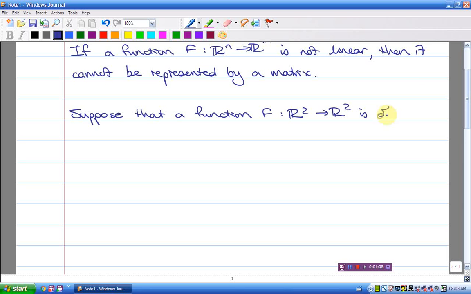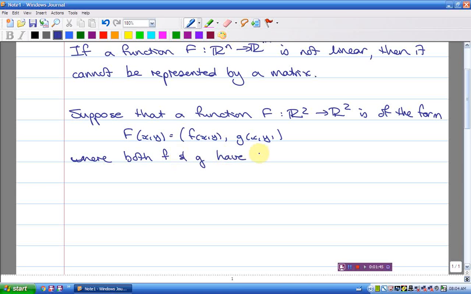It is of the form big F of x, y. So here we have our function. The components of big F are component functions, where our input is a two-dimensional vector and our output also will be, where both little f and little g have Taylor expansions about the point (a, b). Let me give you a little rundown on Taylor expansions, or Taylor series,